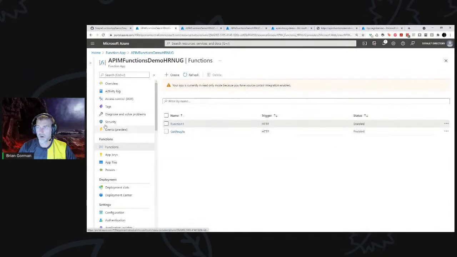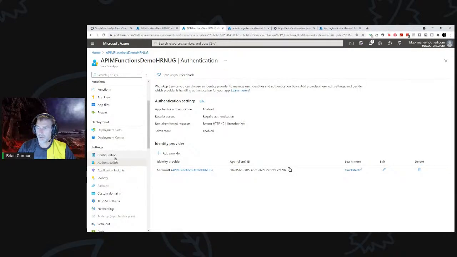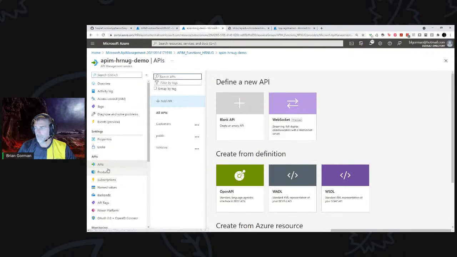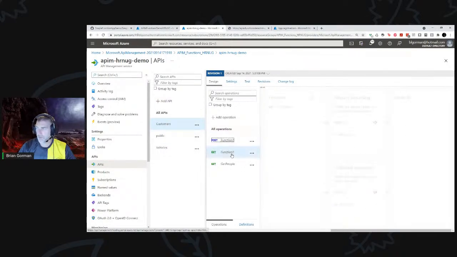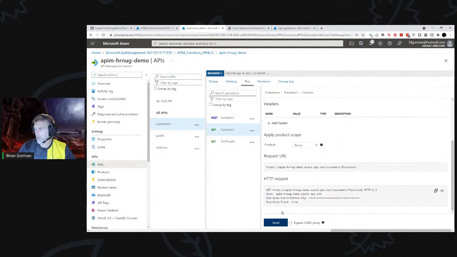So our functions are locked down. And in our API, somehow I got multiple function apps open here. Three function apps open here. All right, so here's our API. Okay. So here we go. If I go to my customers and try to do any of my functions at this point, and I'm going to test it from within, I'm going to get